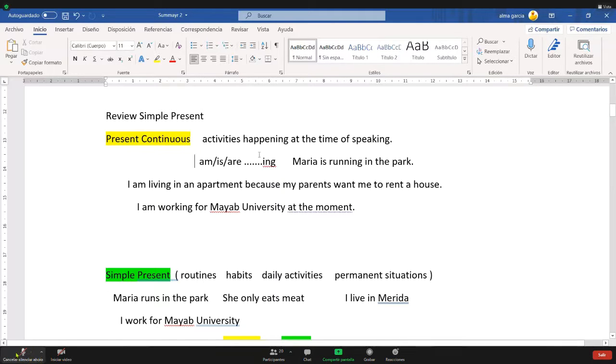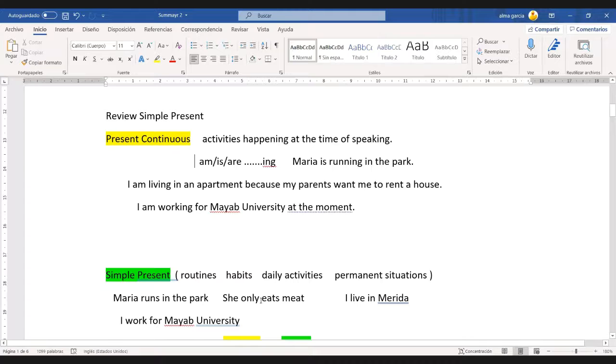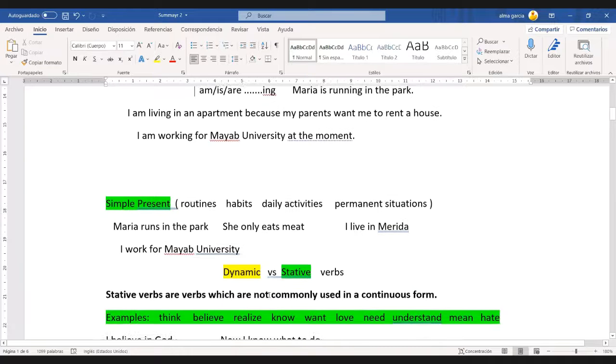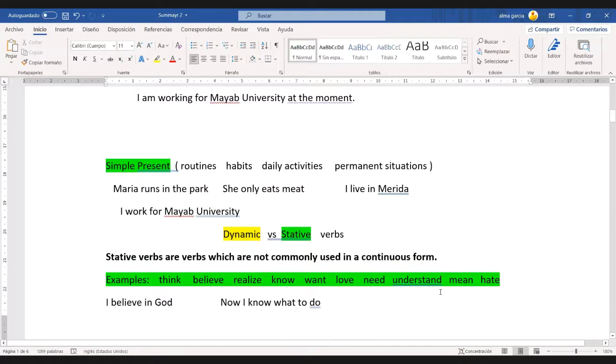This information is what you are going to use for your table. Now the examples. Okay, take a look at the examples. Now you're probably able to create your own examples. And now that you know what the stative verbs are, here I am giving you certain examples of stative verbs. This information is for your table.